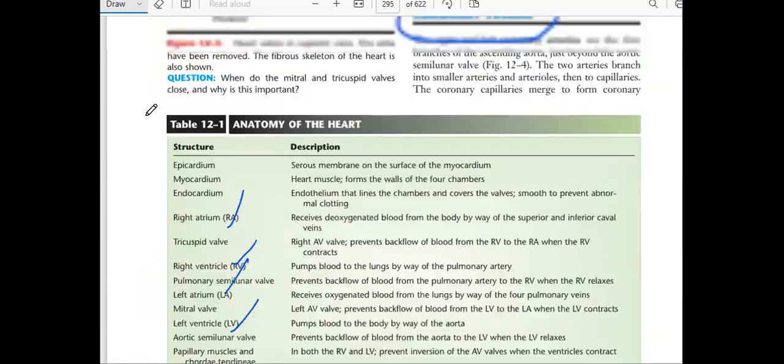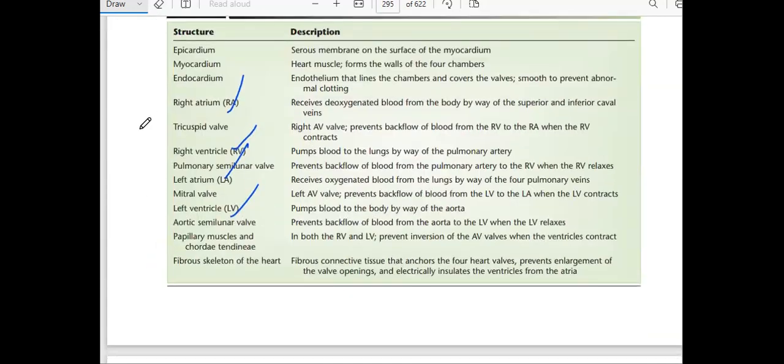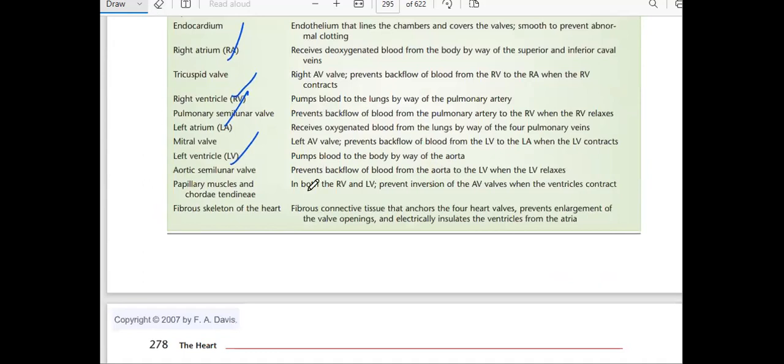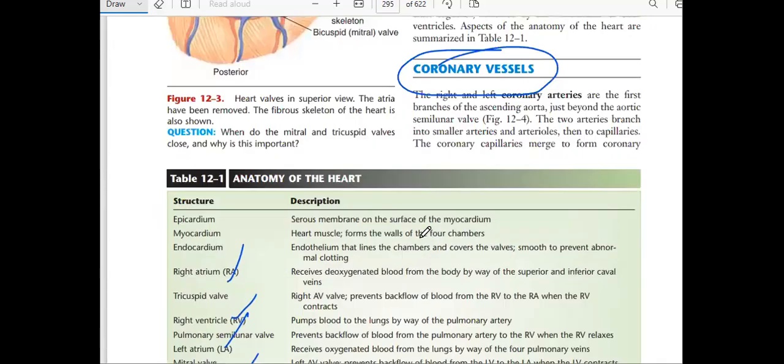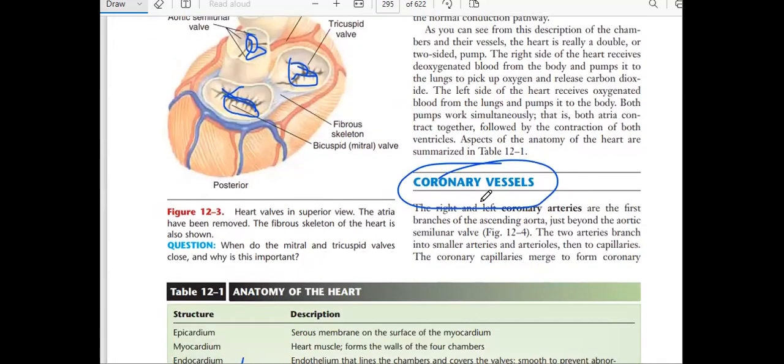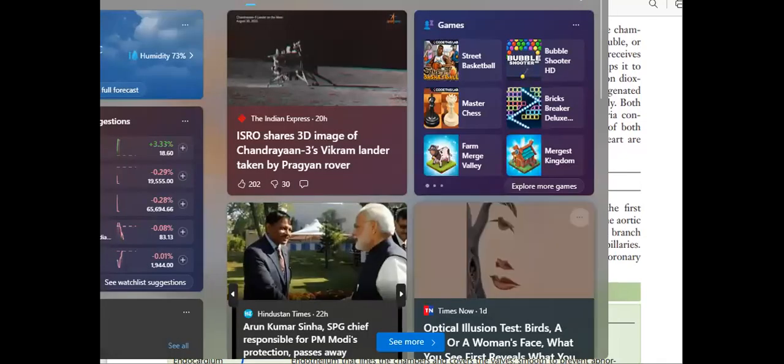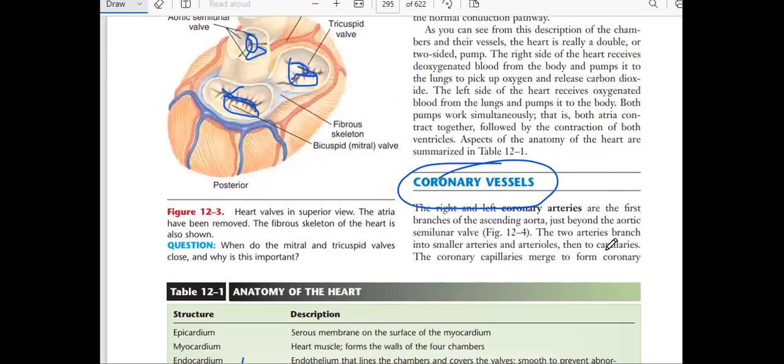So next we have coronary vessels. So we'll continue, or any doubts you have to ask. If any doubts, you can ask. Then we have another topic, that is coronary vessels. We'll continue the lecture. Continue, sir. Okay. So basically,